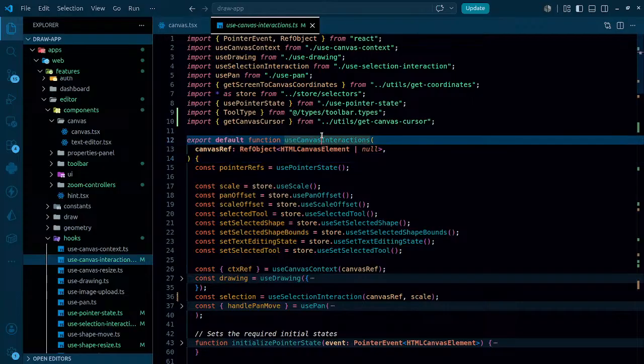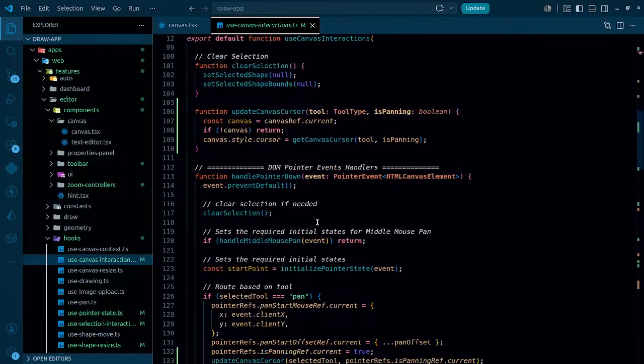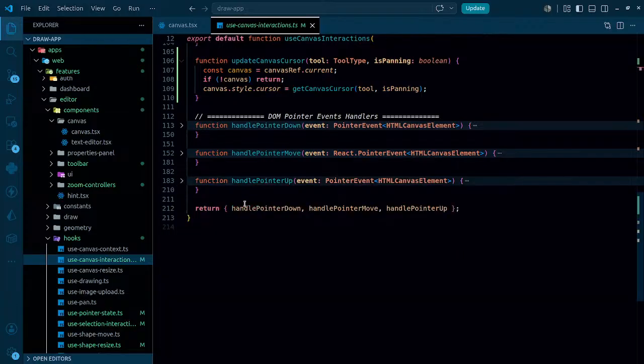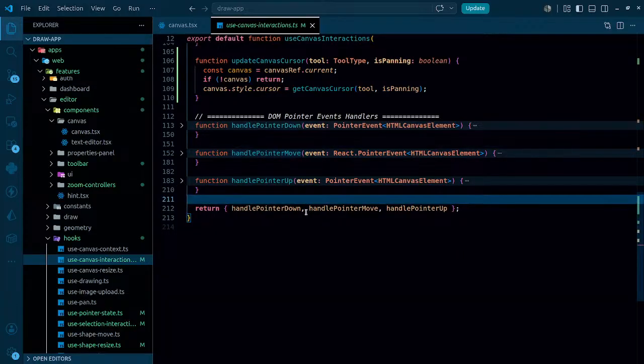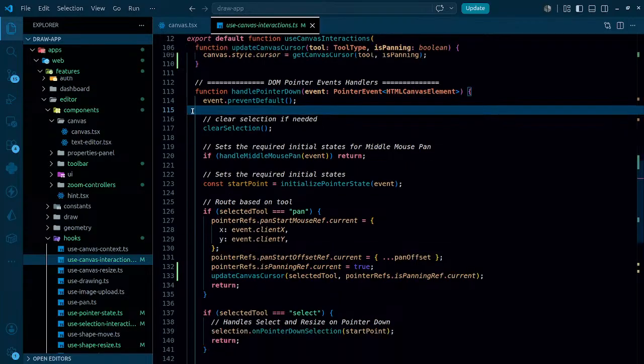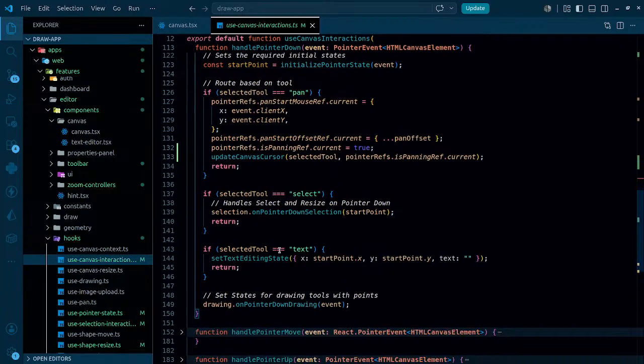Here we have use canvas interactions. Mainly we have three DOM event handlers here. We have pointer down, we have pointer move, we have pointer up. The first thing that we have to check is whether we are getting pointer down, right? So once everything is done,